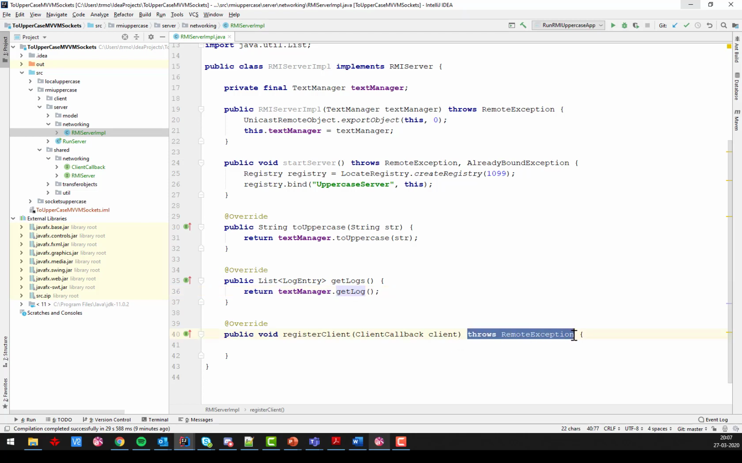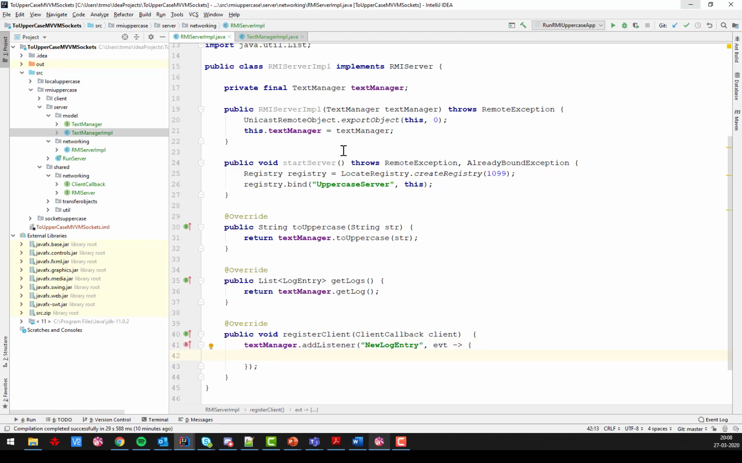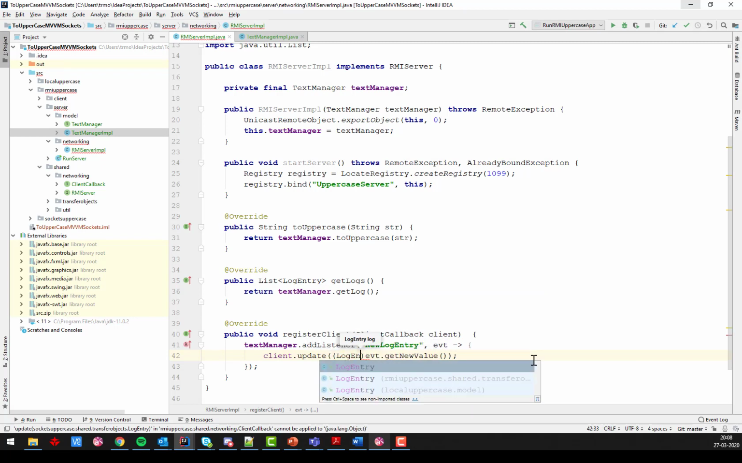Okay, last one here. Here I want to register my client so that it is updated whenever the text manager model fires an event about a new log being created or added. So I will say add listener, and I forgot what it is that we are listening to. It's probably new log entry or something like that. Let's just see, new log entry, like that. So I want that one, and I'm going to use a lambda expression here because I'm not sure I can directly call the method on the client, because this client here, the method on that one, also throws remote exception. So I will say client update with the event.get new value, and I know this value is of type log entry from